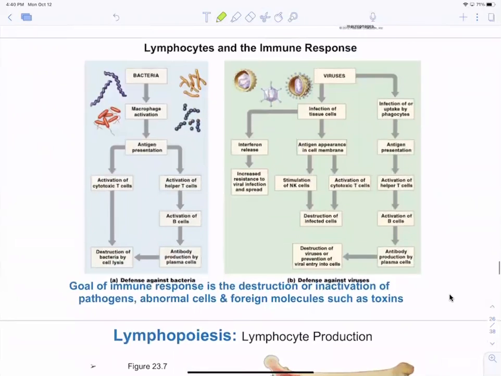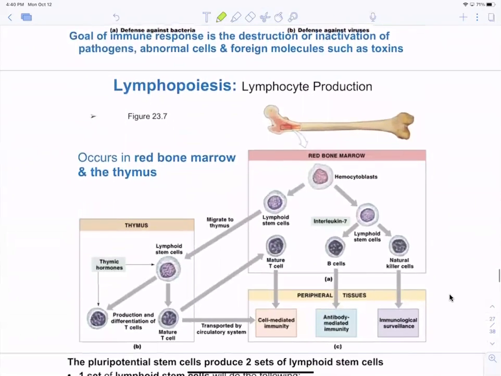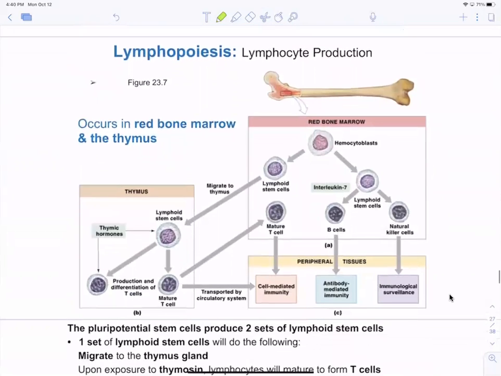Viruses get a little more complicated, and it's above my pay grade, so I'm not going to really get too into that because I would probably get most of it wrong, since it's one of those areas that is pretty complex. Suffice it to say that we get our lymphocytes from